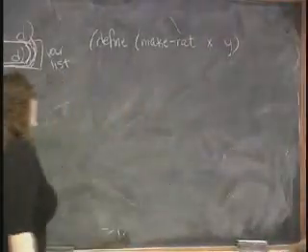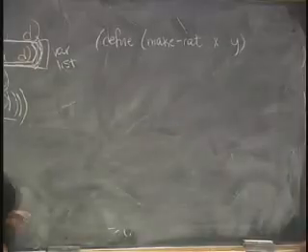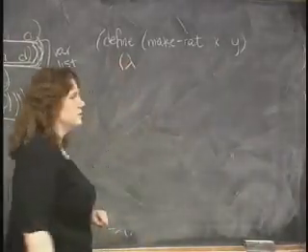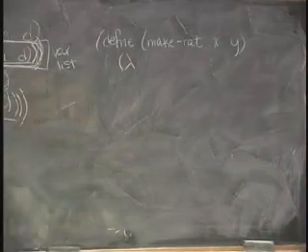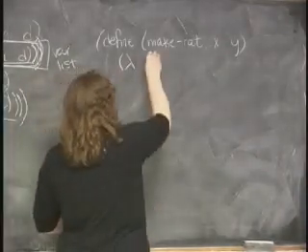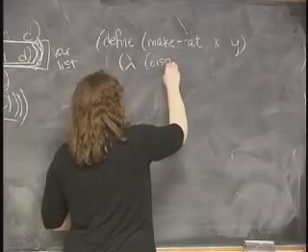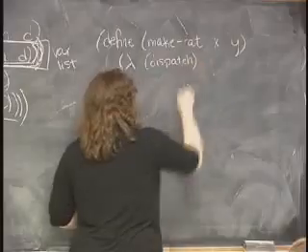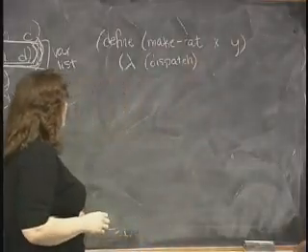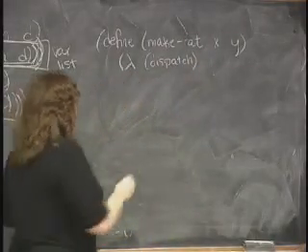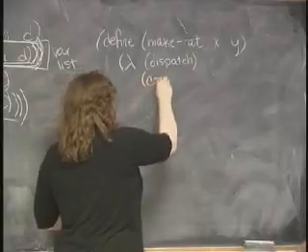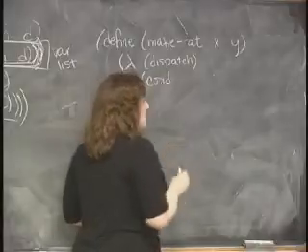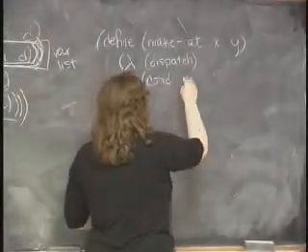So make rat on x and y could return a lambda expression, and we'll call our variable dispatch. So what's the body of our lambda? Well, we need some way to distinguish whether we've got a numerator or a denominator. So we're going to cond